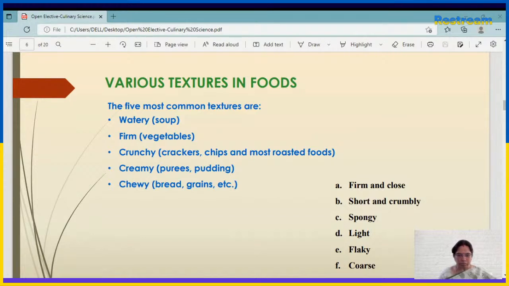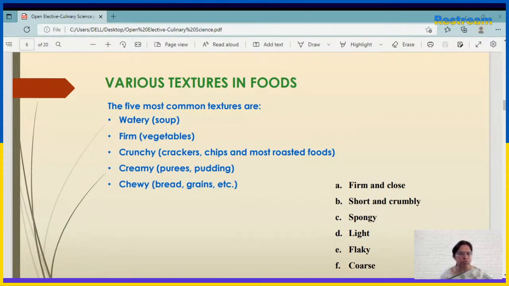Then the raw foods get exposed to heat, and when they are cooked, the term texture is used to characterize the finished product. So the final product will have a certain texture depending on the order in which ingredients are added, the way it is mixed, and the method of cooking. You can observe, for example, if you pressure cook, the texture is different. If you cook it in a vessel, it is different. If you give dry heat like an oven, then it is entirely different.